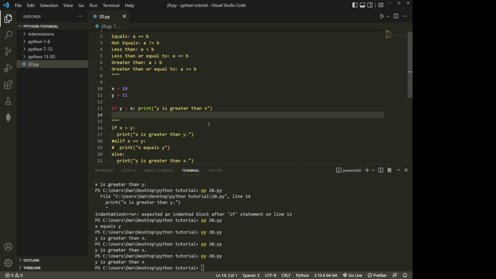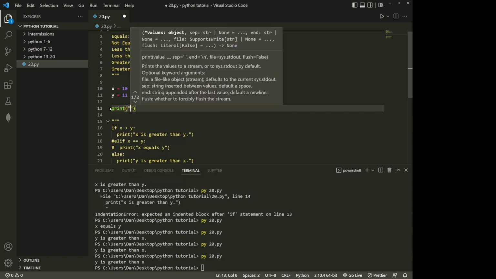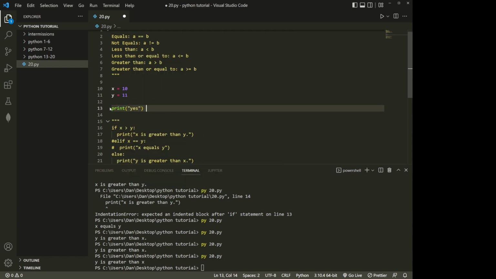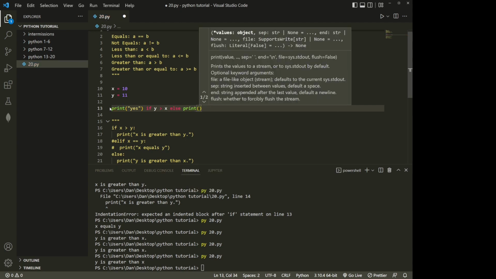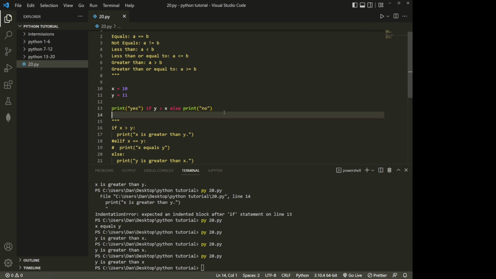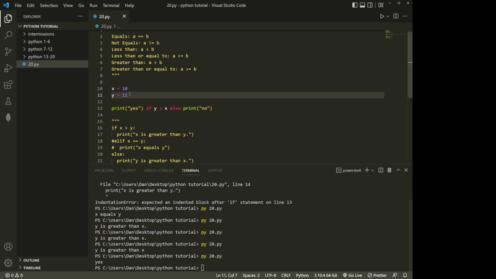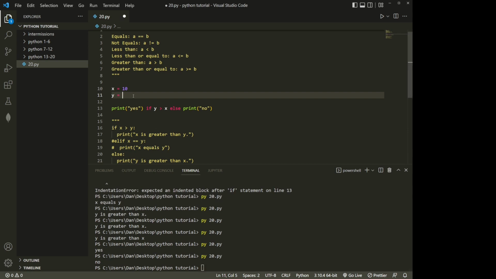just for readability's sake. And then you can also do something like this where you have an else statement built in. So I'm actually going to just delete this one for simplicity. So we can say print yes, and then we do the if y is greater than x, else print no. So we can save that. And I know the syntax looks kind of odd, but you see yes for that now, and then if we change it to something less than, no, or even something equals, because we use the greater than operator, we get